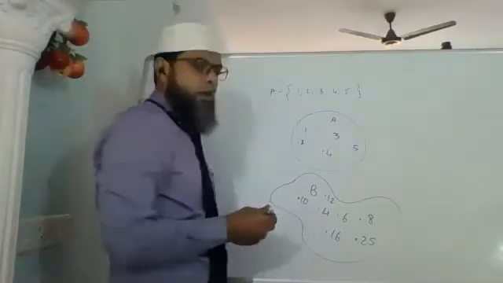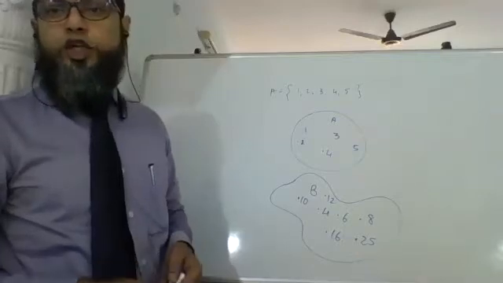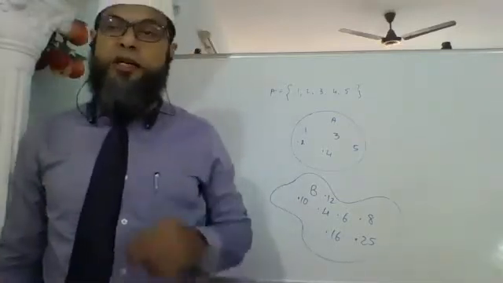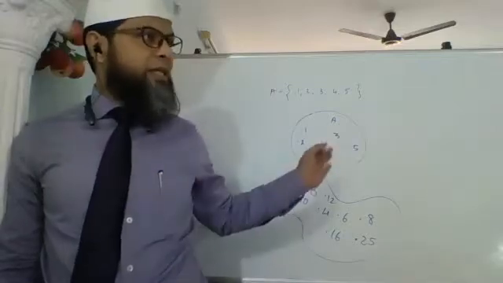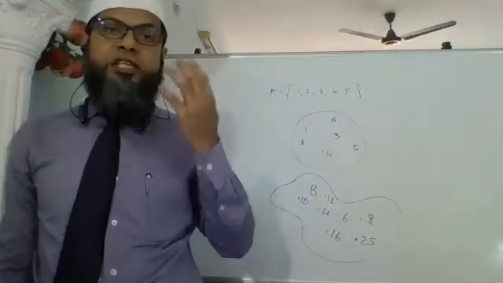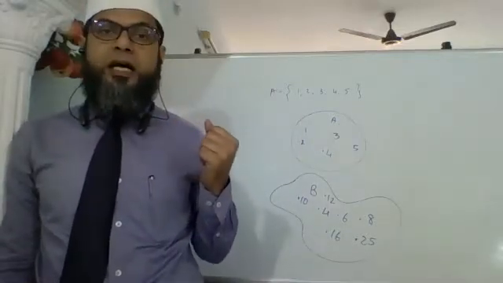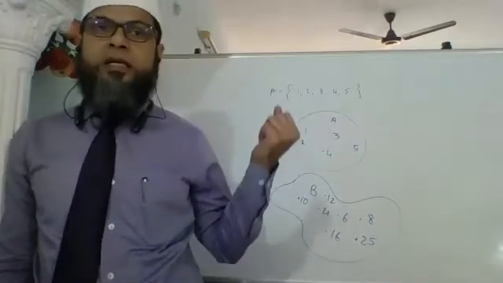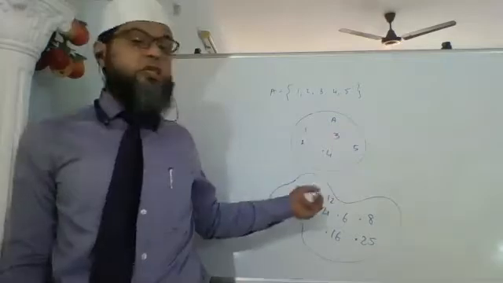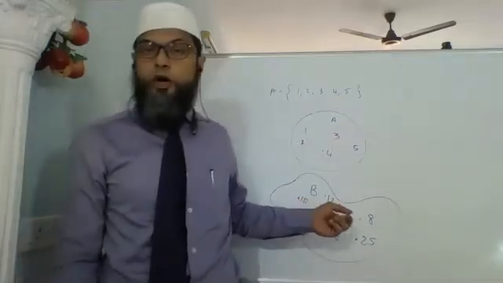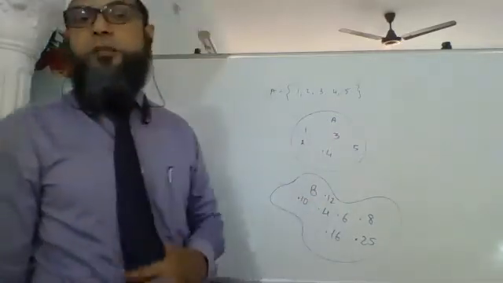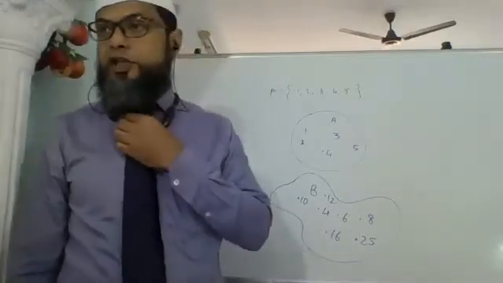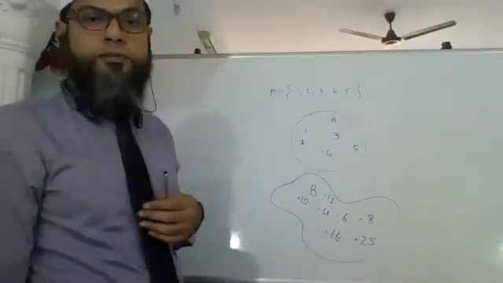Any shape. Normally we take geometrical shapes so that it is easier and neater and also pleasing to the eyes. देखने के लिए भी अच्छा लगना चाहिए. Okay, so we'll take circles, we'll take squares, we'll take rectangles, we'll even take triangles. But this is also acceptable. This is not wrong. Okay, even oval shapes can be there. So all of this is acceptable as a Venn diagram. Are we clear?